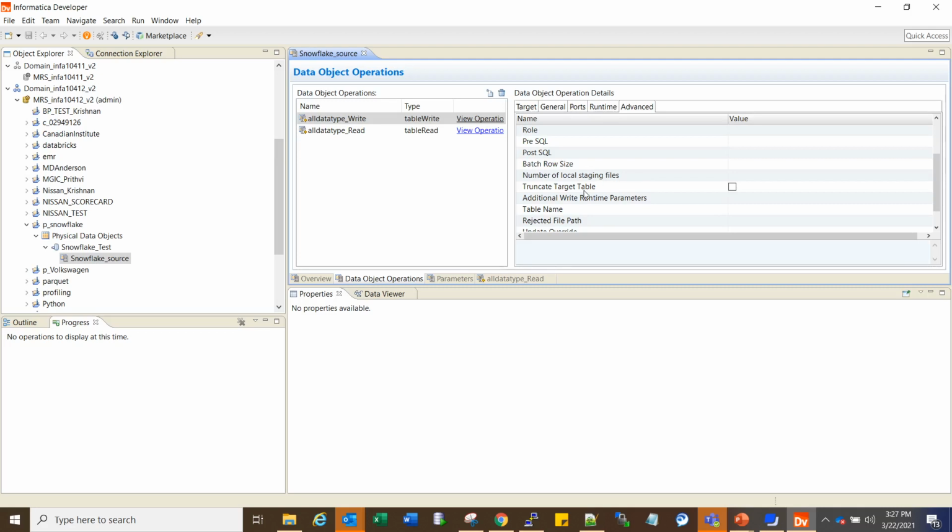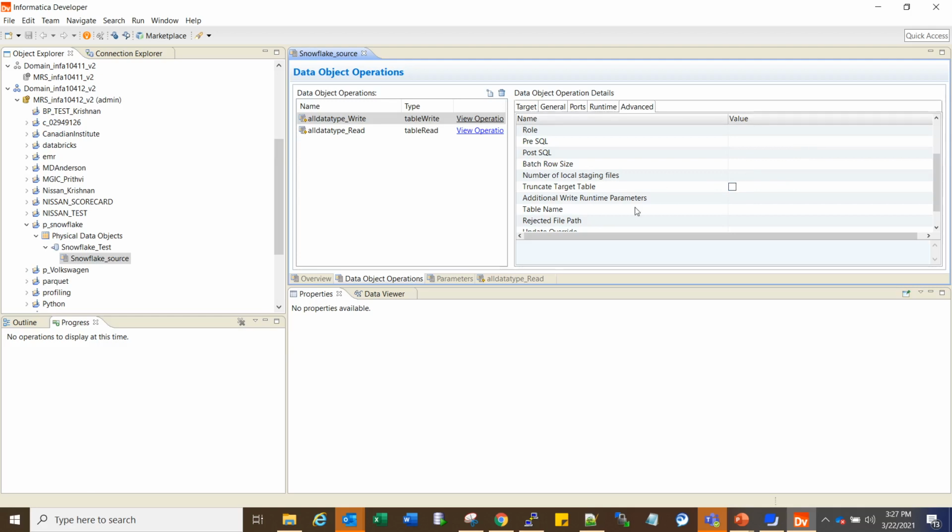Next we have truncate target table. So basically it will truncate the database target table before inserting the new rows. And we can select one of the following options here, that is, the checkbox can be true or false. If we check it as true, then it will truncate the target table before inserting all rows, and if it is false, we'll insert new rows without truncating the target table. Basically the default value is false, as we can all see.